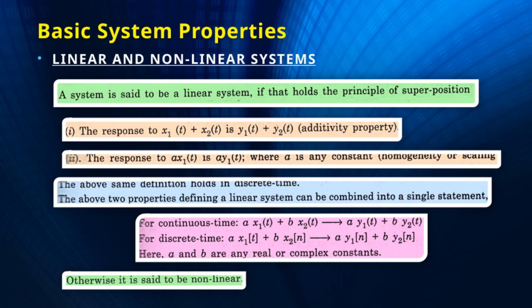Now, understanding these properties is fundamental because it helps us decide how to approach modeling and control strategies for different systems. For linear systems, many analytical tools are available, which simplifies the process. But for nonlinear systems, we often need more advanced methods or approximations. Recognizing whether a system is linear or nonlinear is the first step towards selecting the right analysis technique, ensuring that our study and control efforts are both effective and efficient. This distinction really ties into the overall theme of system analysis.